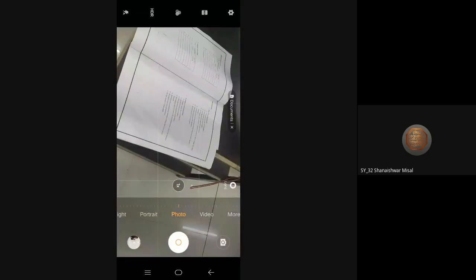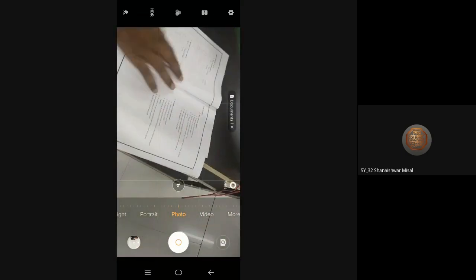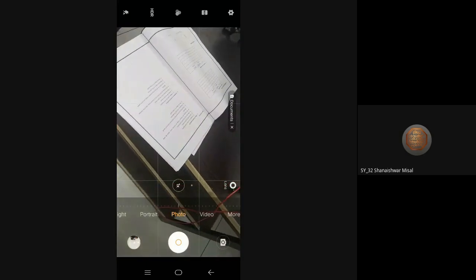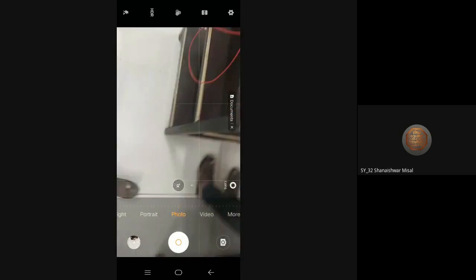Now here we will take the readings. The current value is around 1.2. So I will take current 1.2 and the speed is around 1450. Now what I will do, I will change the value of resistance. I am just increasing that one.